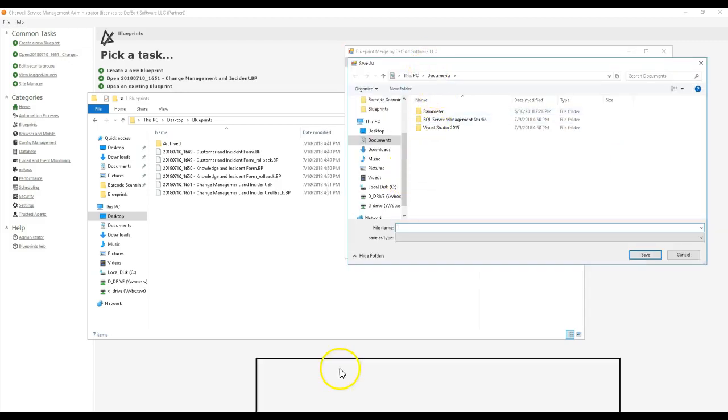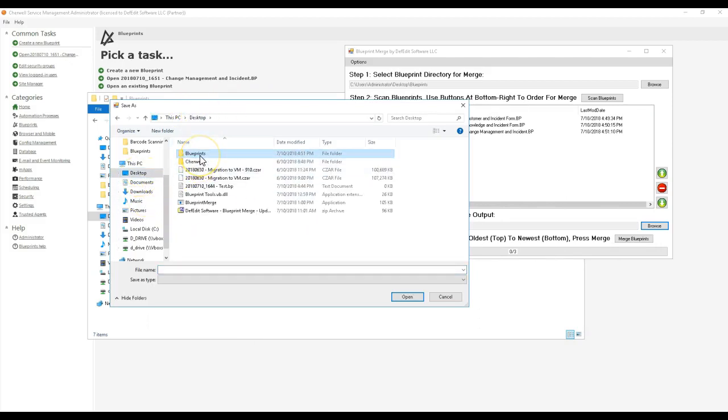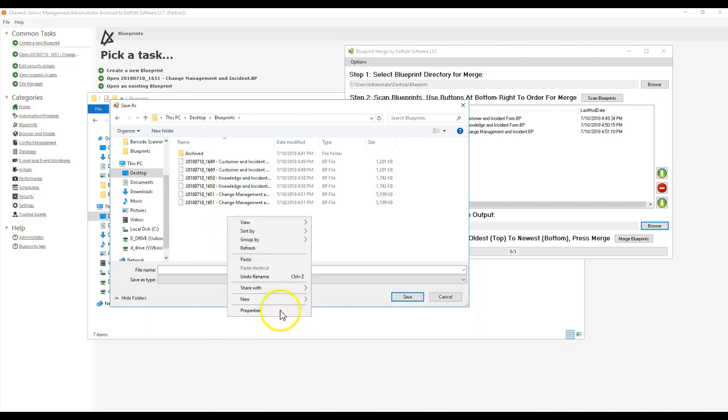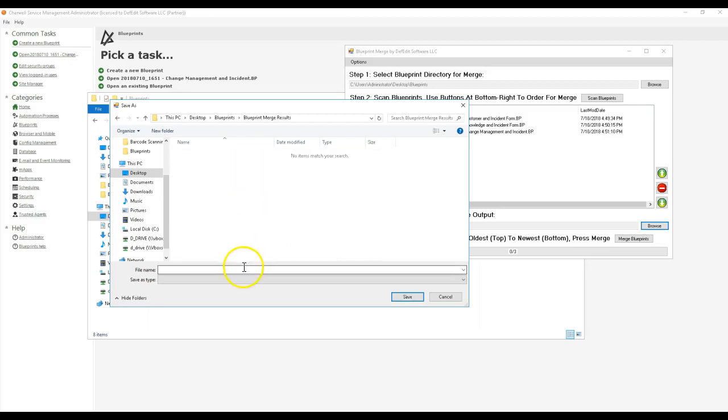So here we have a path for a blueprint merge output, and that is going to be on our desktop, and I'm going to put it under blueprints and a new folder for blueprint merge results. That way our merged results don't show up in this list. I'm going to title this Merged Blueprints. I'm just going to prefix that with the date, 2018-0710,